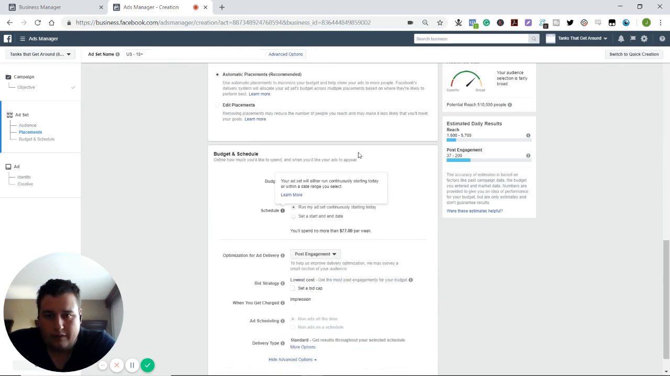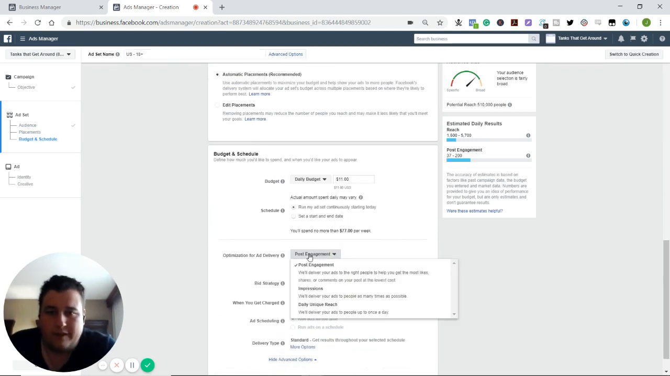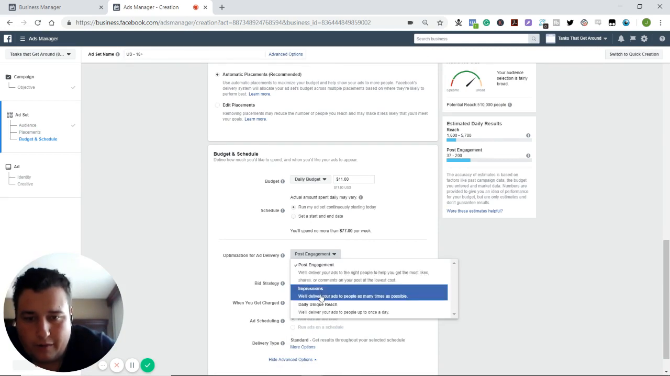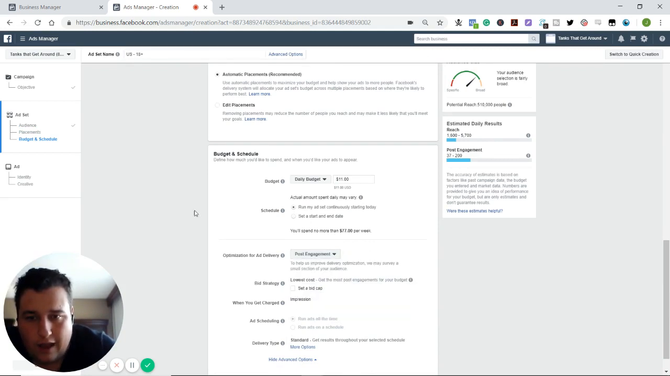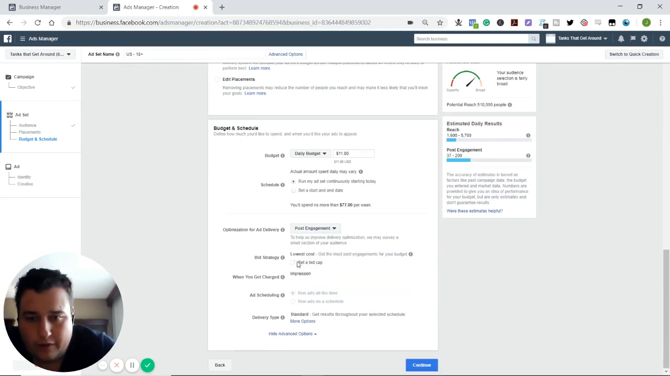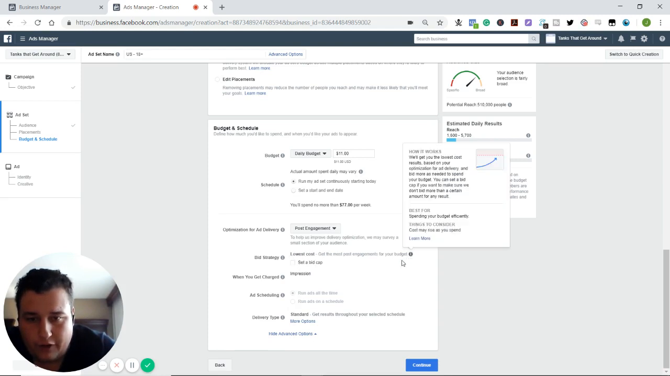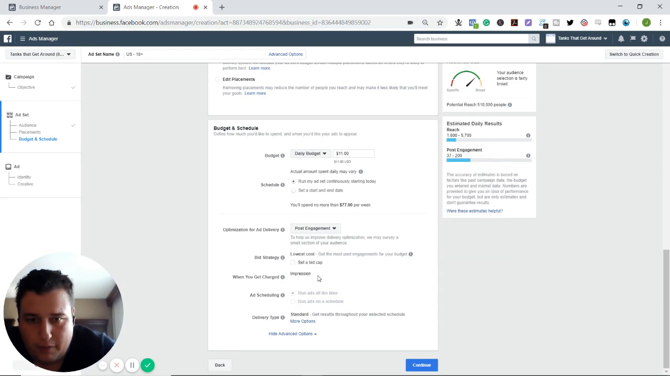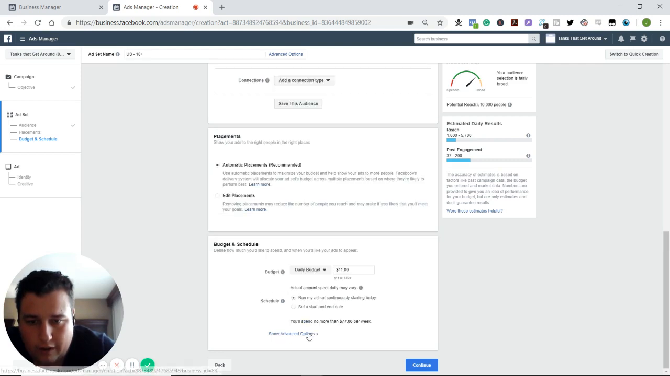Automatic placement, daily budget, and then optimization for delivery. You can do post engagement, impressions, daily unique reach. I encourage you to do post engagement. For the bid strategy, we're just going to leave that be. And then ad scheduling, we're not going to change any of the advanced options there. So just continuing onwards